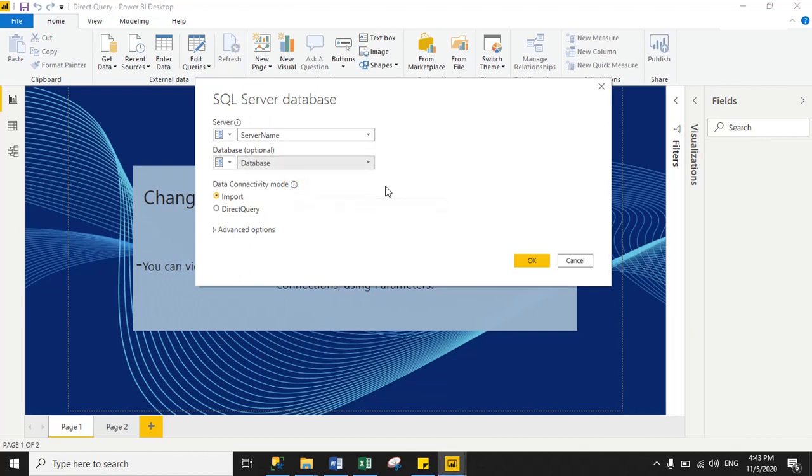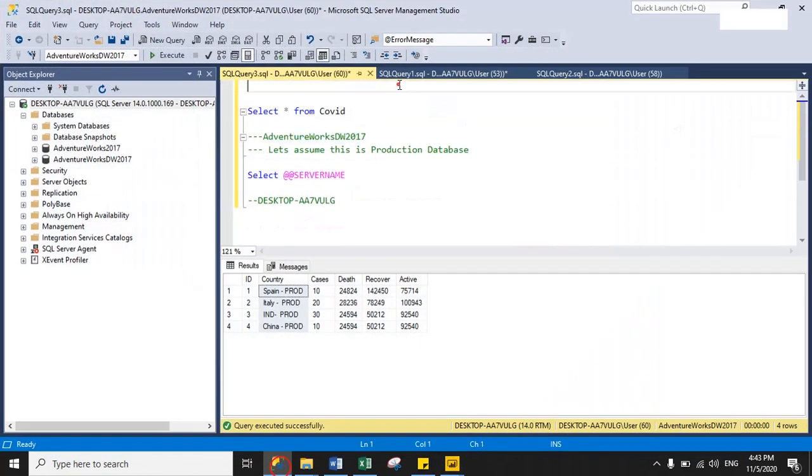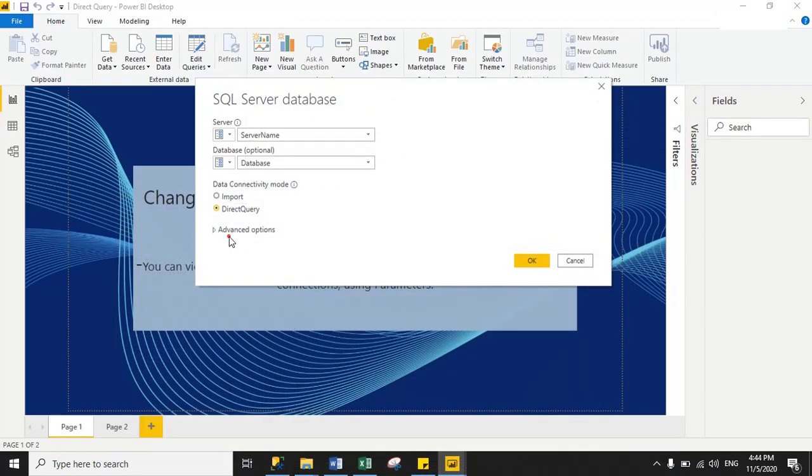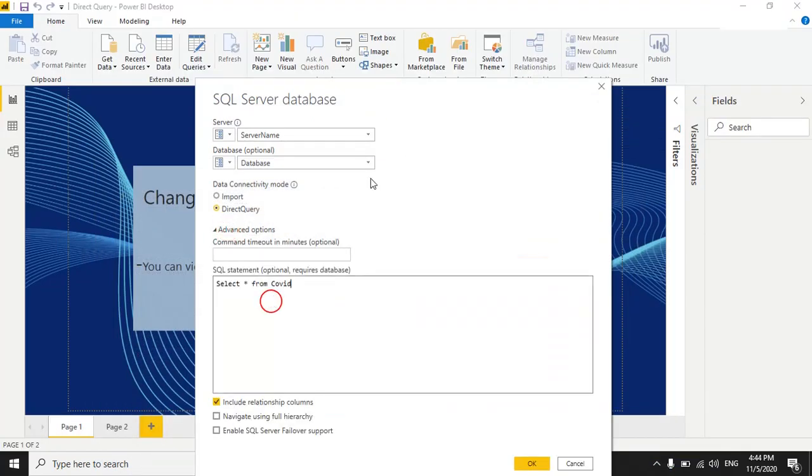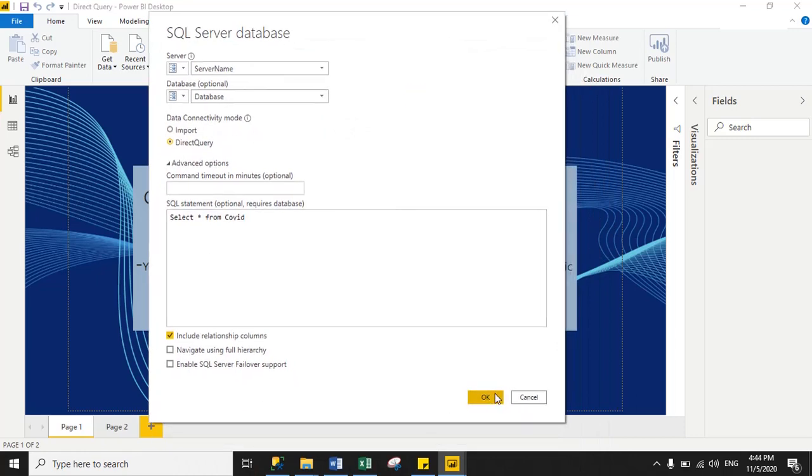So remember, here by default it will be connected with my development database because I selected the development database as the default database. Then click direct query, copy the query from here, click advanced and paste here. Fine, then click OK.